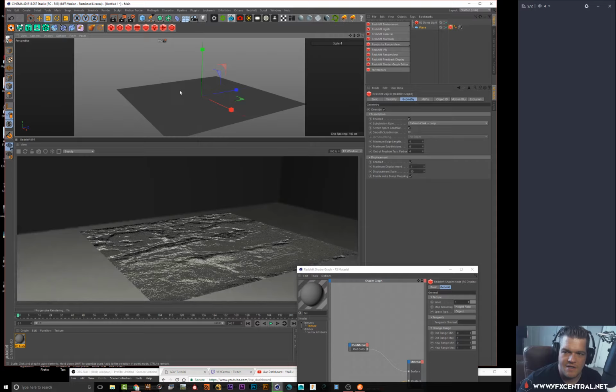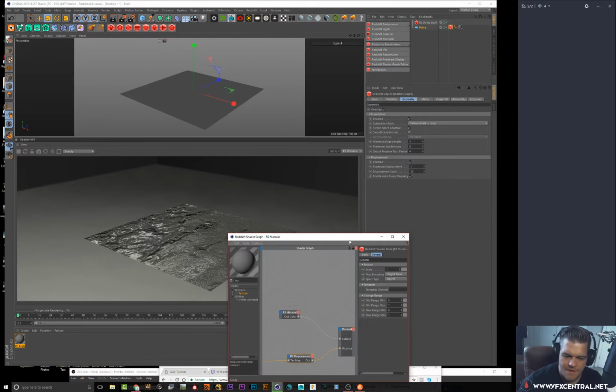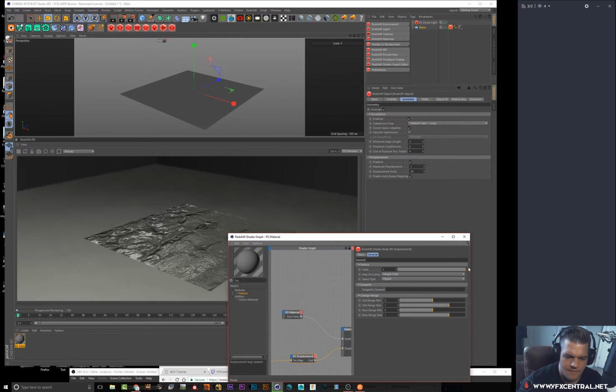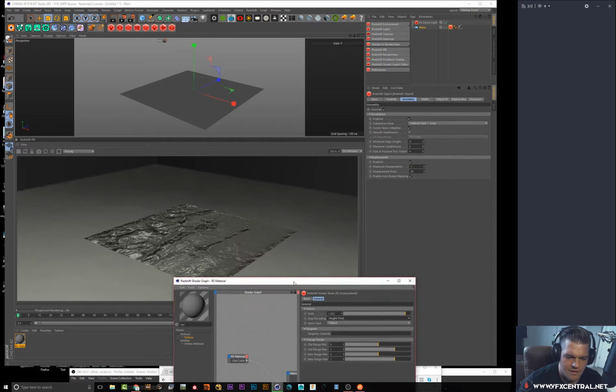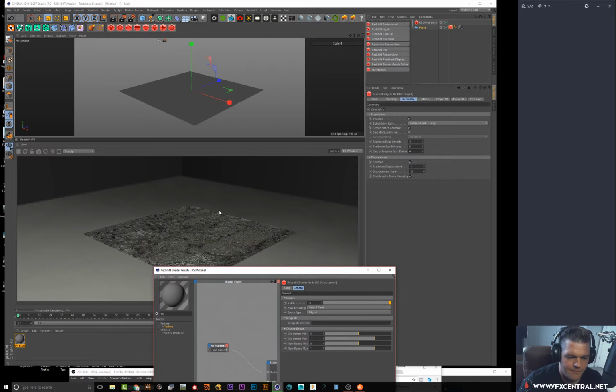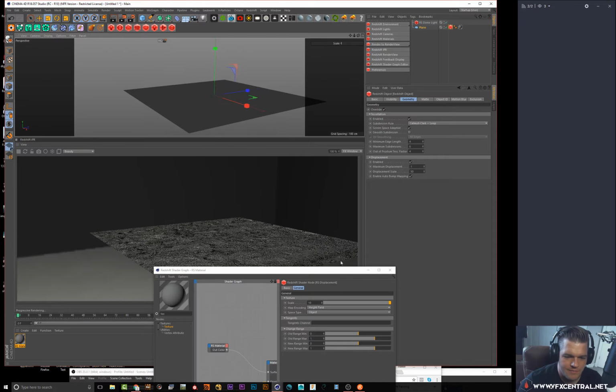It's interesting. It almost acts like a bump in some ways, but let's make sure that this is all set up correctly in here as well. Height fields, vectors. This is not a vector. Oh, there we go. That's looking a little bit better. So if we had that up to 10 as well, there we go. Now we're starting to get some of that displacement